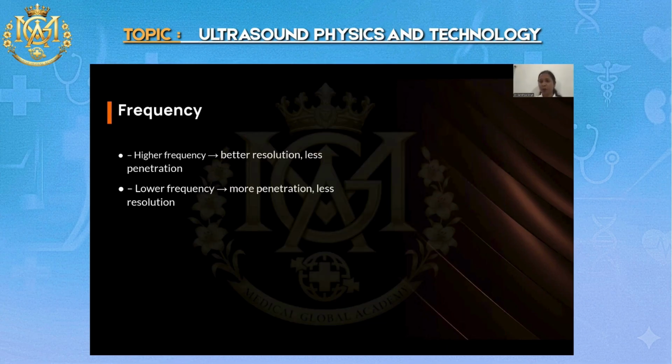Next is frequency. Now, any probe, as we have discussed all of this. Every probe, like an abdominal probe, they will say curvilinear probe, it produces a frequency of 3 to 5 hertz. In a transvaginal probe, the company will tell you